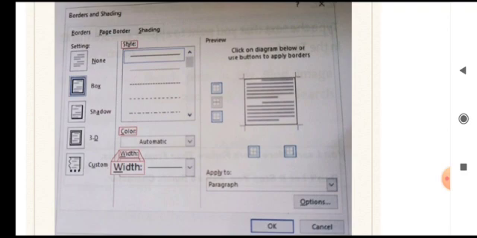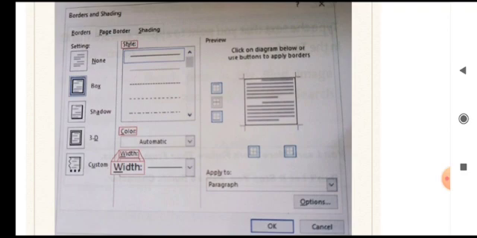Then we come to the next tab, which is style. Once you have selected this box, you are giving a border: outer border, top, bottom, left, right. In this there are many styles for the highlighted black line you see, the box line. It can be a dotted line, it can be a star line, you can choose any of these, dash dot. There are so many line designs given here.